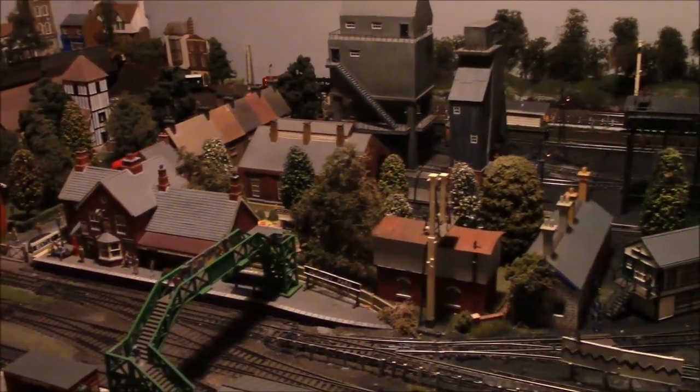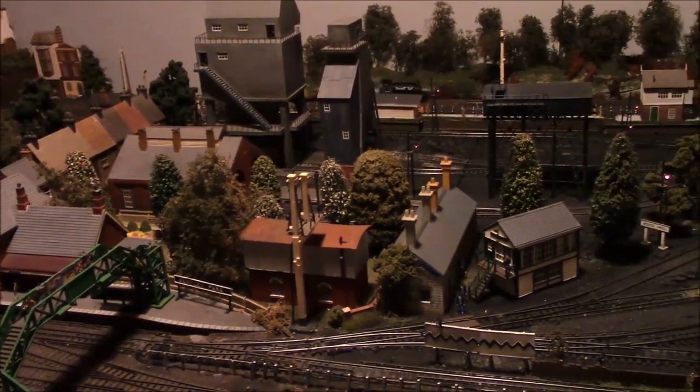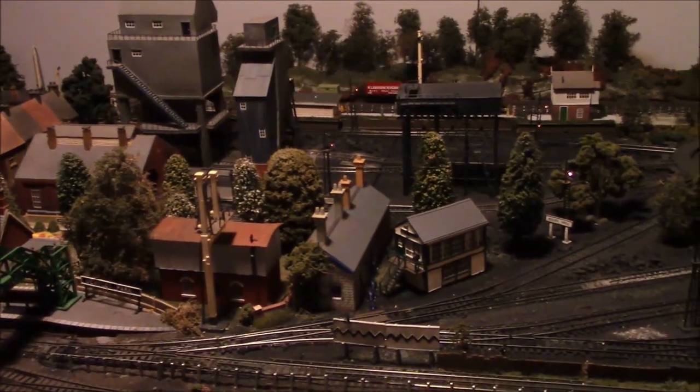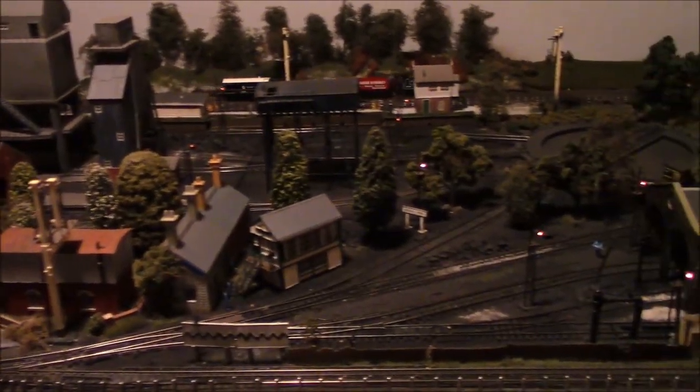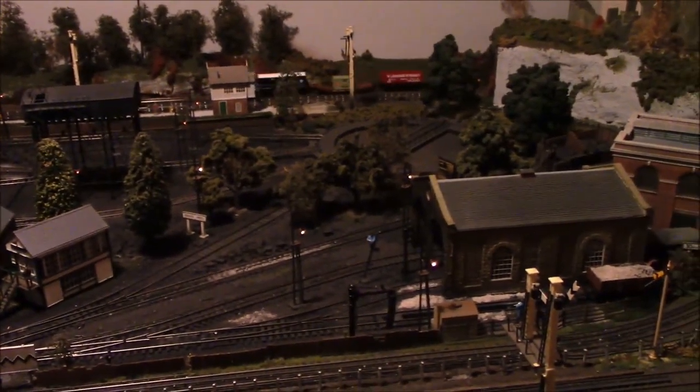My best place would be go to Argos, because Argos are doing a nice bundle with the Thomas and the Clarabel set, and you get some buildings and bits and pieces with it for a nice bundle. But after December, it will be Bachmann, I'm afraid, if you want Thomas stuff. But anyway,